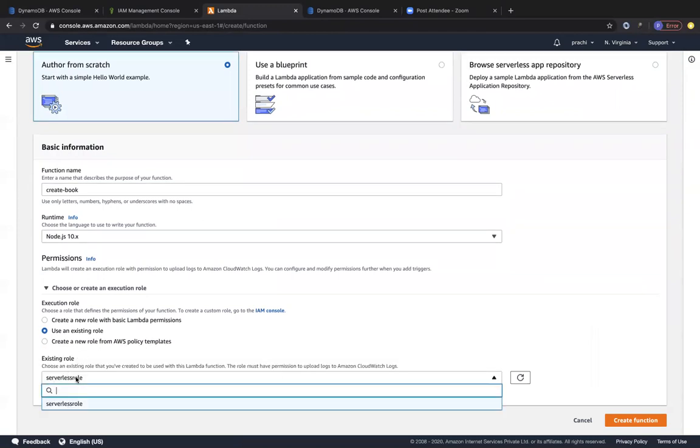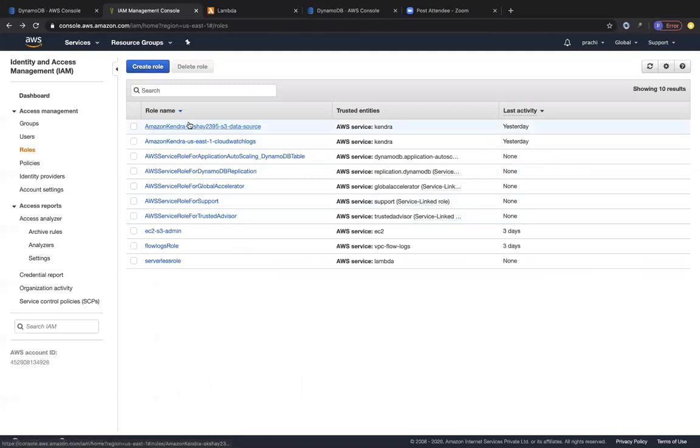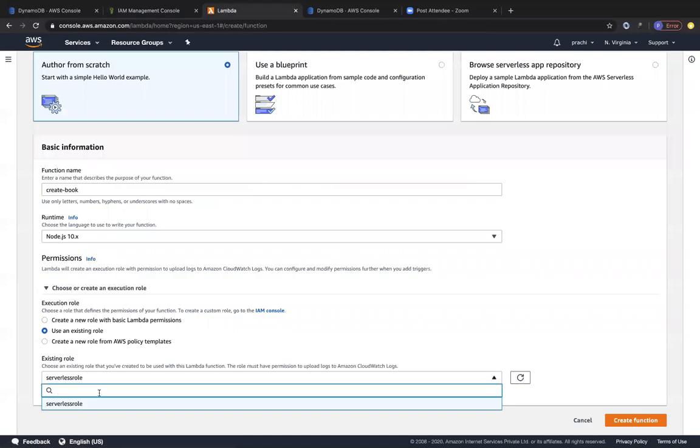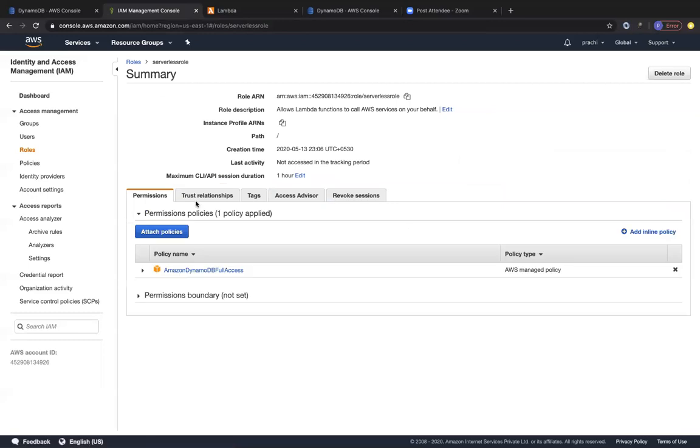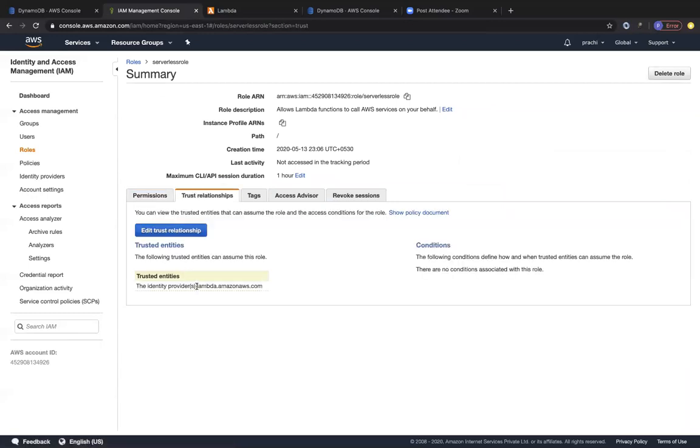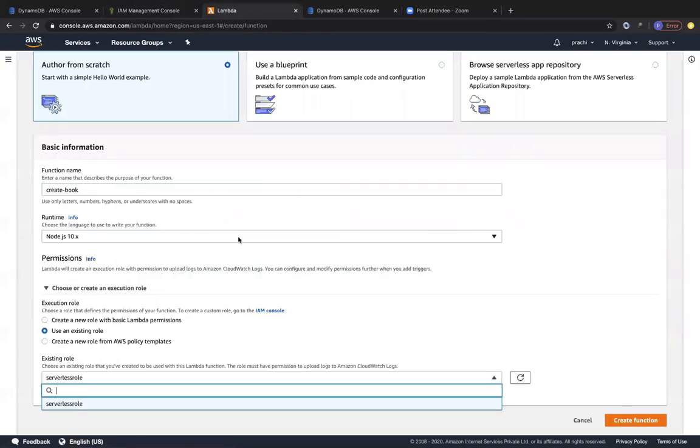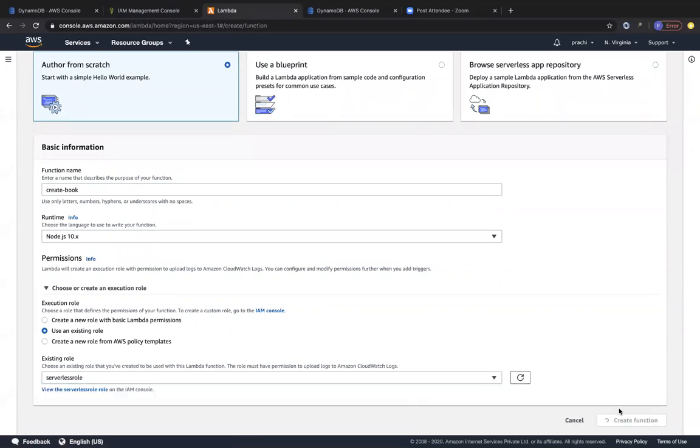Why does this role only show up over here and not any other roles, right? The only reason is because you can see over here, the AWS service that is supported is Lambda, and for all the others, the supported service is something else. That's the reason why you see only this role in Lambda. And that is called the trust relationship of your Lambda function. You can see the trust relationship is lambda.amazonaws.com. But if you would like this role to be used for an EC2 instance, you could change your trust relationship to also include ec2.amazonaws.com, right? So now going back to your Lambda function, we are choosing our serverless role. Let's create the function.